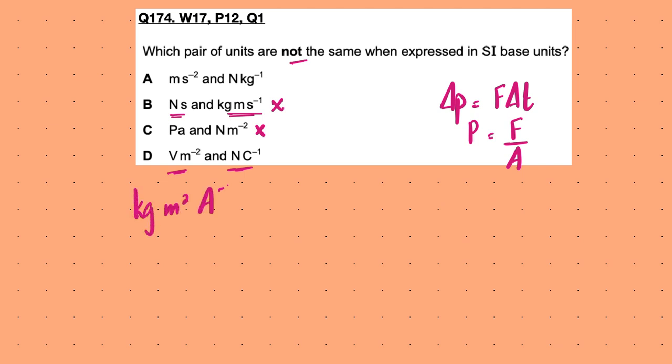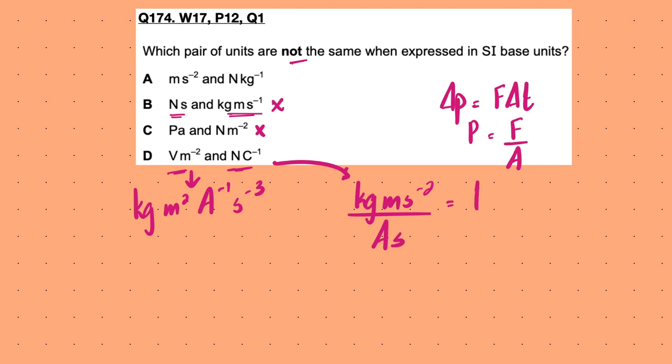And then there's the Newton per coulomb, right? So this is this, and Newton per coulomb, let's do that here. Newton is basically the units of force, so kg meter per second square, divided by a coulomb, which is ampere second, right? So when we do this, you have